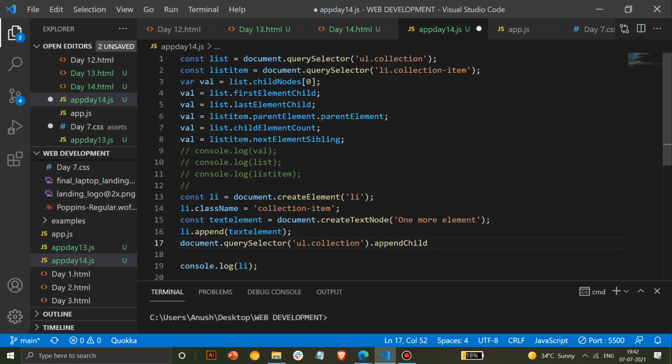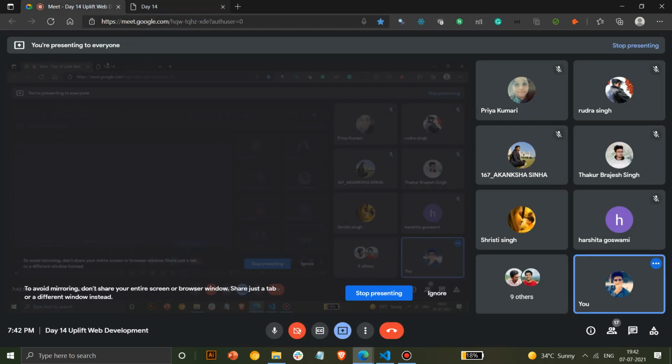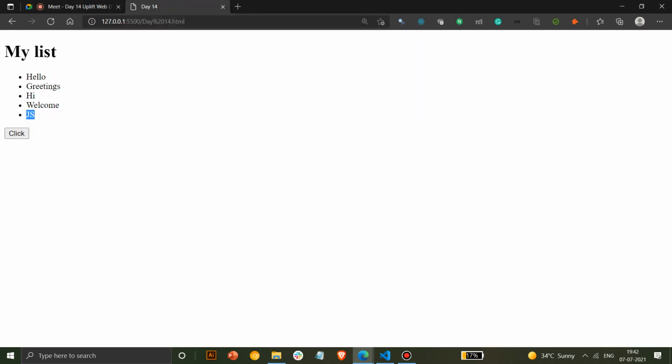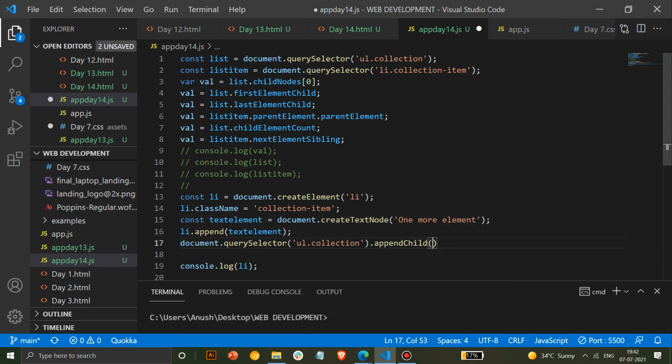Why are we using append child now? Anyone? Why can't we use append here? We have studied the parent and child concept now, so you must know. Yes, right, because it is a child element. UL is a parent class and LI is a child element, that's why you have to use append child. If it's a normal class, you can directly write an append statement here.